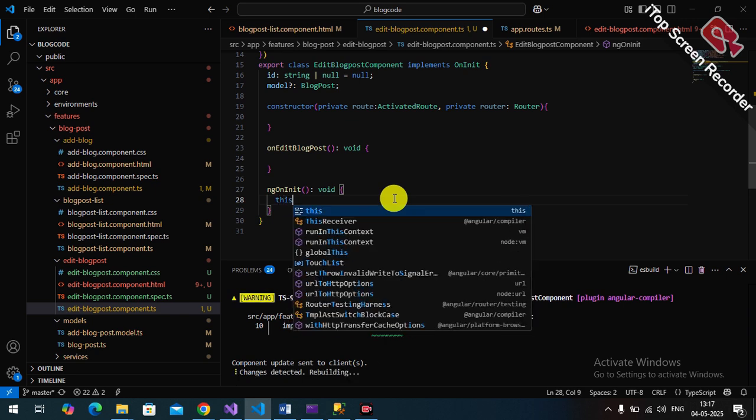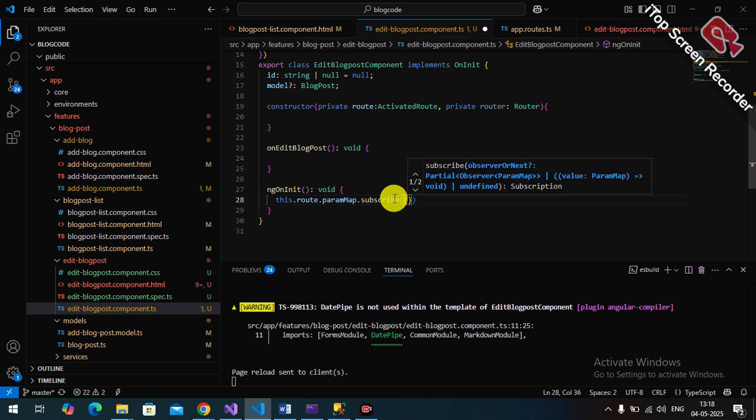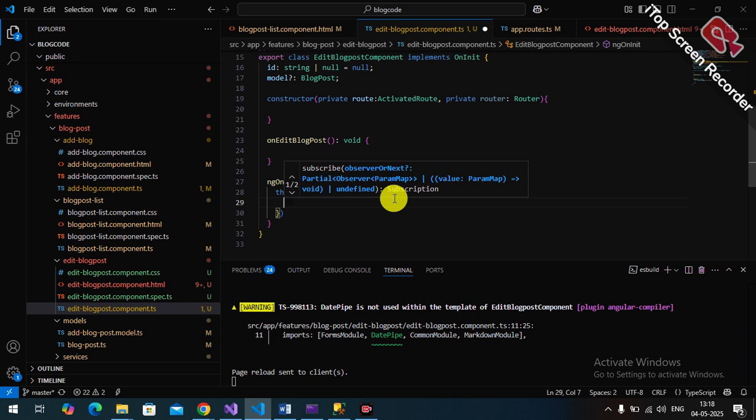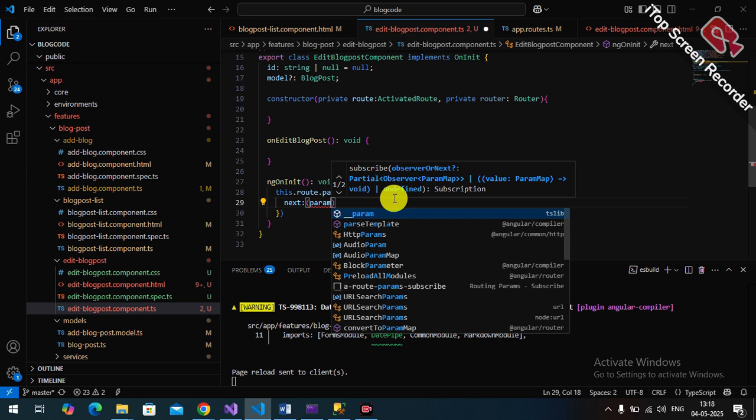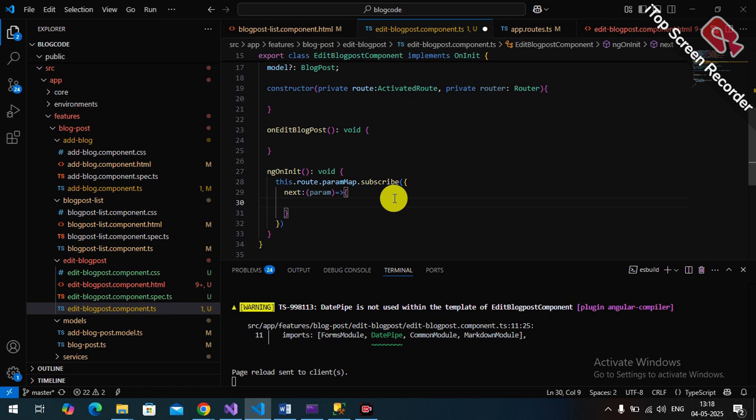And then here this dot route dot paramMap dot subscribe, parenthesis, curly bracket open close, next again colon, write the param, any variable name, and then arrow function,